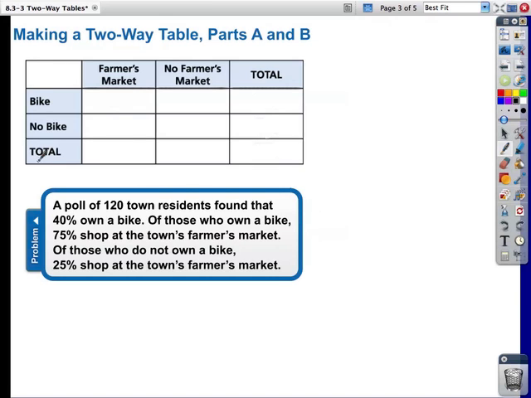We see here where it says total and right here where it says total. At that intersection, if you follow that row and down that column, that's where we want to put the total number of people. In this case, the total population is 120. Notice we're comparing two different variables. The first variable is bike ownership, whether or not someone owns a bike, right over here. The second variable is whether or not people shop at a farmer's market. So instead of a scatter plot where we'd have something on an x-axis and a y-axis, we're putting it into a table. So once you fill out the total here at the intersection, the total amount of people,